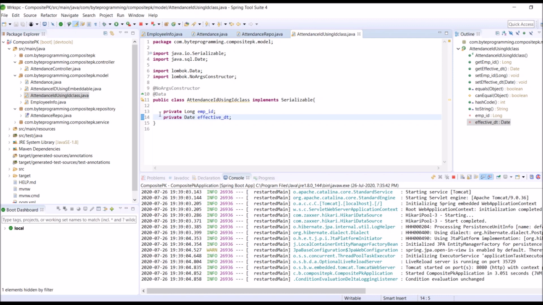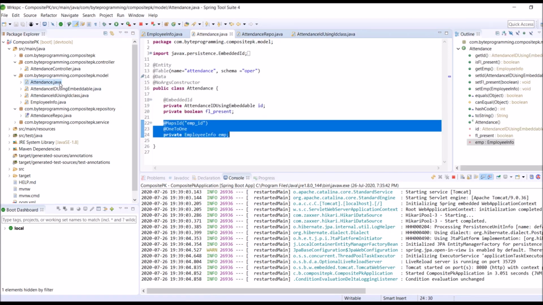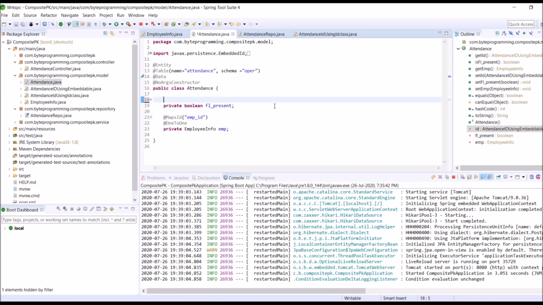In order to implement @IdClass, we will use this class in Attendance.java. Let's go to Attendance.java. We will remove these fields.